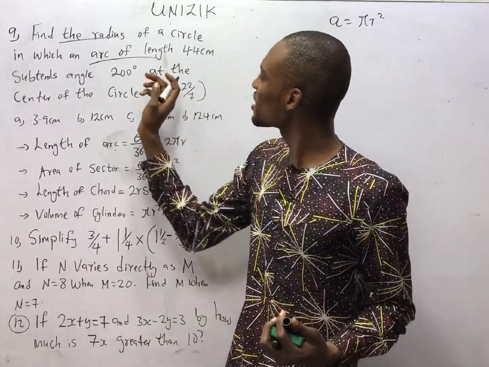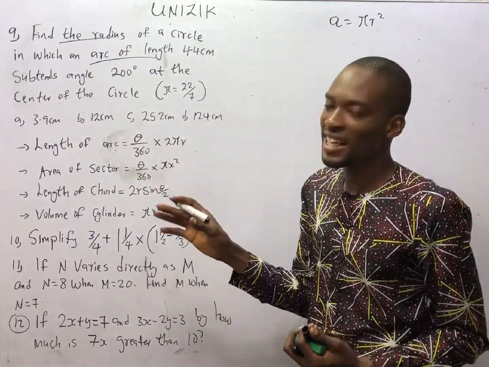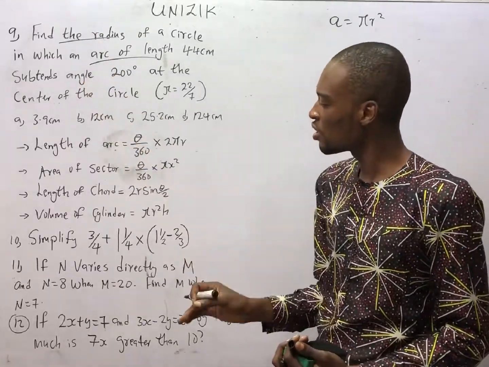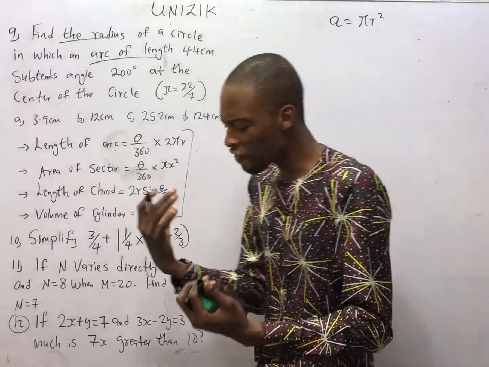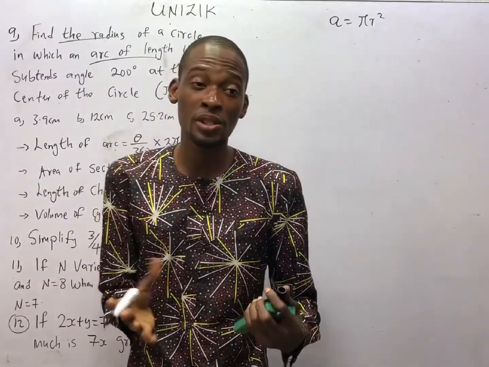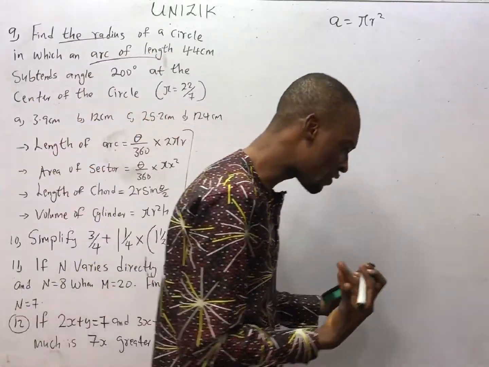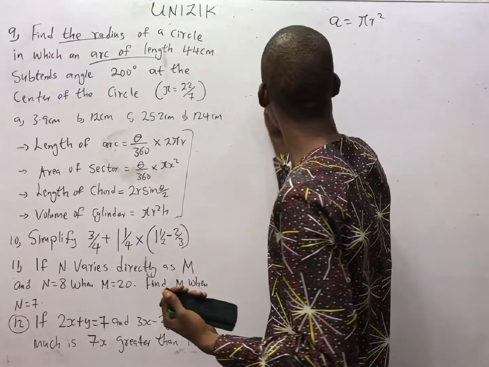Looking at this, you see an arc. It means that we are getting the radius from an arc of the circle. This is the reason I brought out these formulas. They are very, very important in mensuration and circle geometry especially. When you are given any circle and you are referring to an arc, the length of arc